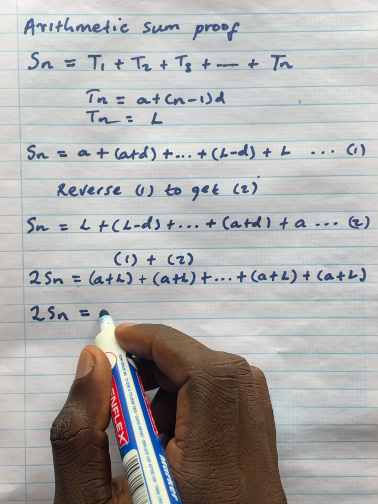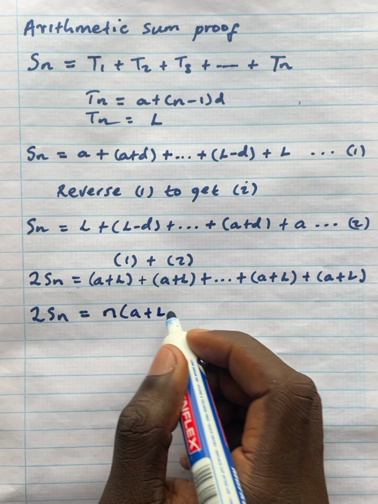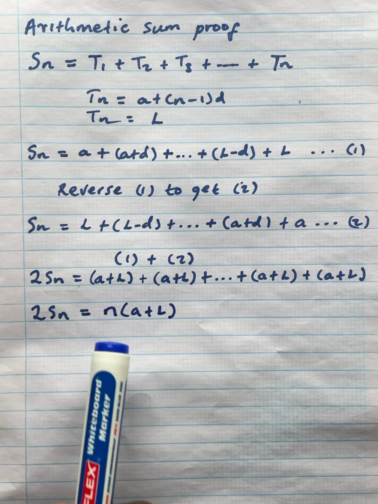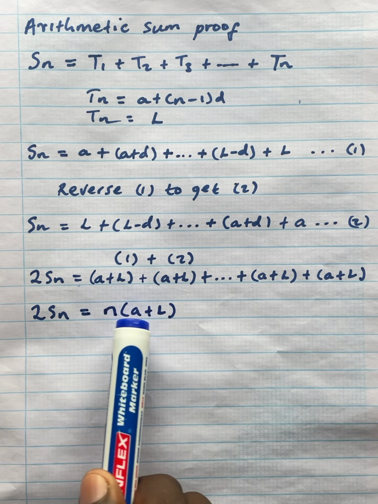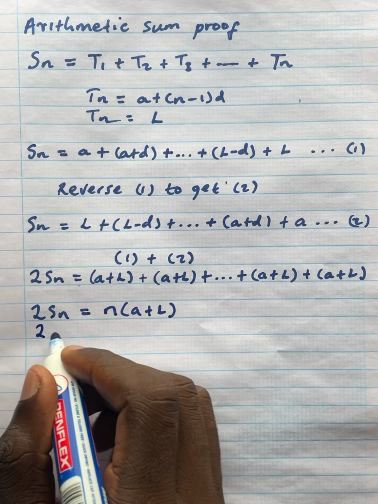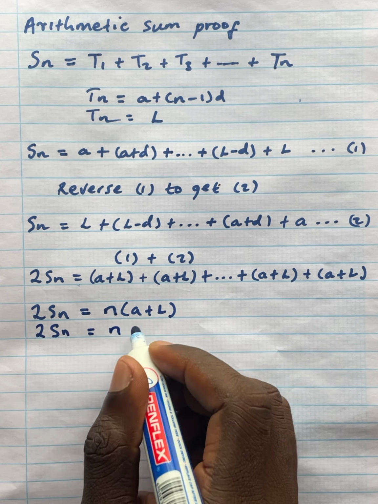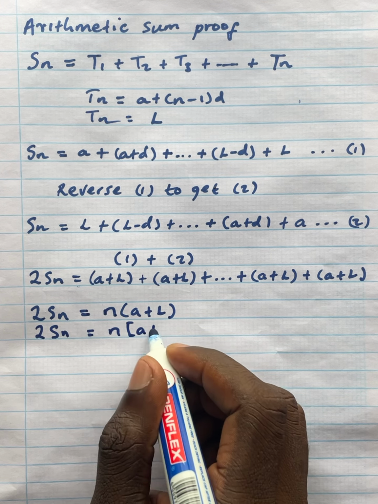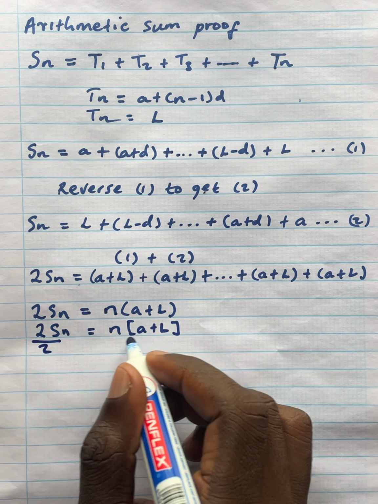So we're going to say n (a plus L), like that. This means an unknown number of (a plus L)'s. So therefore, 2 S of n equals n(a plus L), divided by 2 both sides,